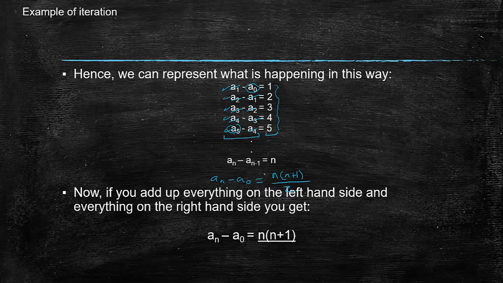you would simply plug 5 in for n, and then you would multiply it by 6. So 5 times 6 is 30. Divide it by 2, and you would get 15. And sure enough, if you sum it, 1, 2, 3, 4, 5 equals 15. Okay, so you get this